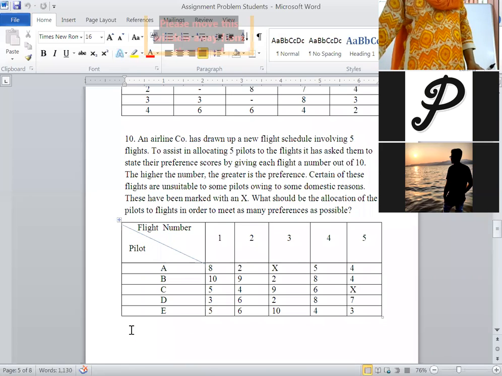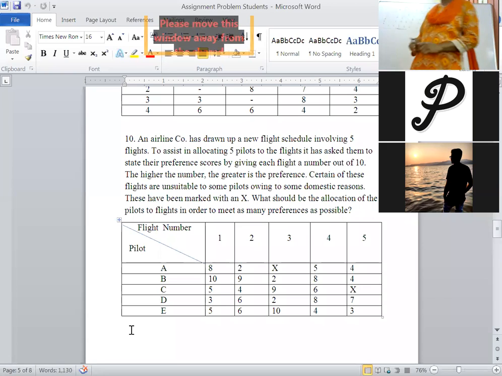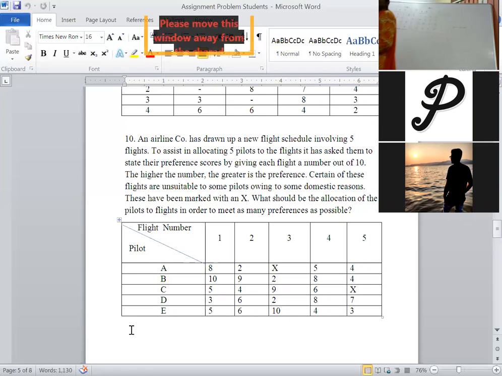Next one, we will see the 10th one. Everybody read the problem. Tell me whether the given problem is of minimization or maximization. Students, the given problem is of